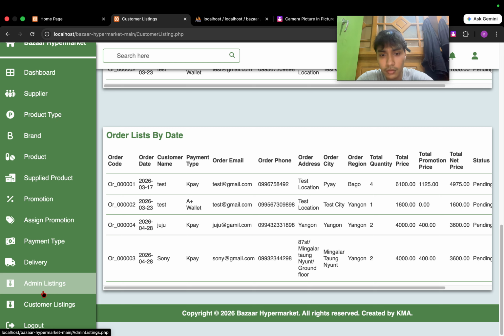In conclusion, the project successfully developed an e-commerce system for Yangon Bazaar. It allows customers to shop online, make payments, and order from anywhere. So it helps the business grow. In future, I would like to add a mobile application, improve the delivery system, add online payment, and improve the user interface.